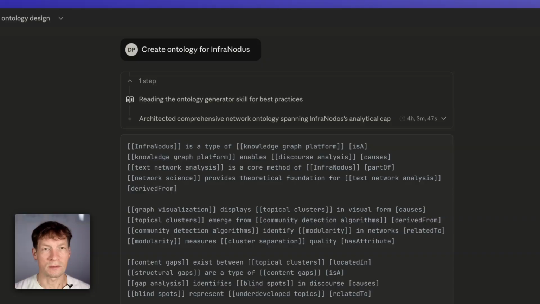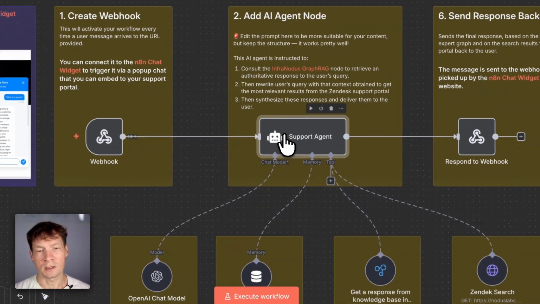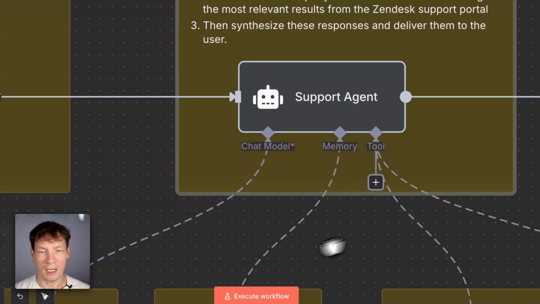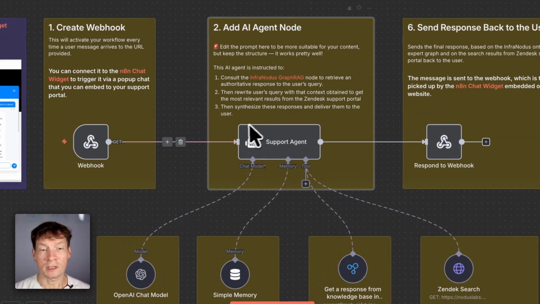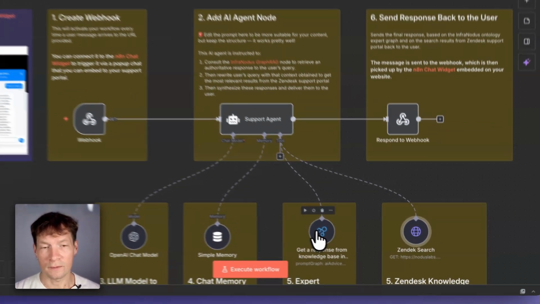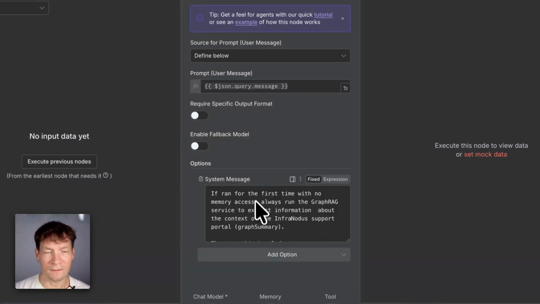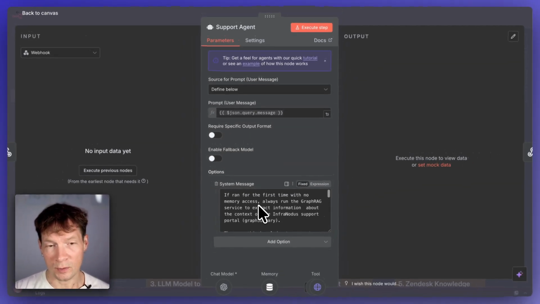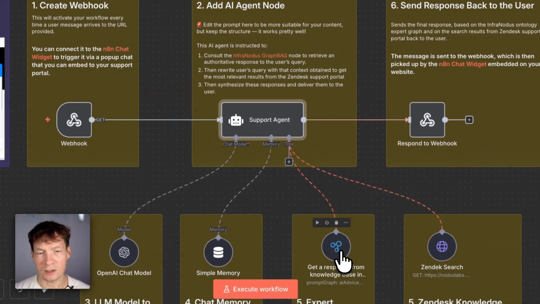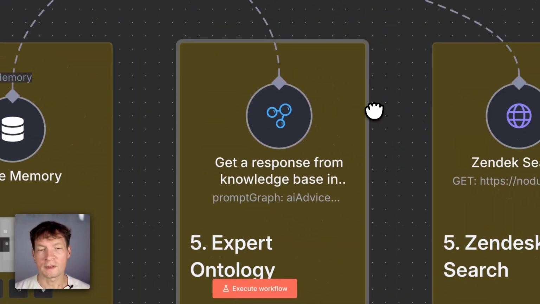Once the message is received, then you go to the next node, which is the native n8n support agent or AI agent node, and that node orchestrates interaction between ZenDesk search and the InfraNodus graph. So it's kind of like an orchestrating node. Inside this node, we have a custom prompt that you will also have available inside this workflow that says that first, when you receive the query from the user, you should consult the InfraNodus node here that retrieves the answer